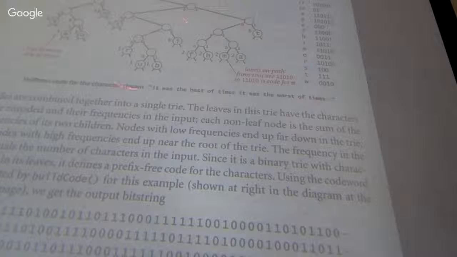So the thing is, we have to prove mathematically that this is a prefix-free code, because I'm just now saying it is. I might be wrong. Okay, so with Huffman,